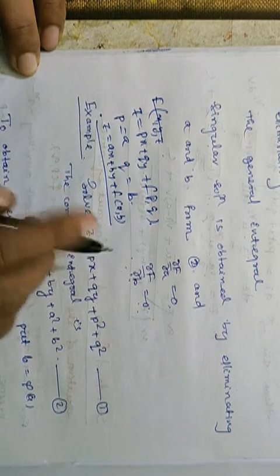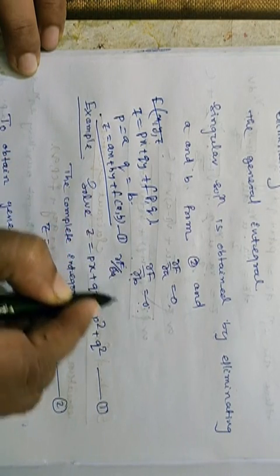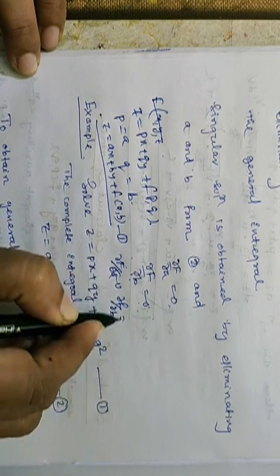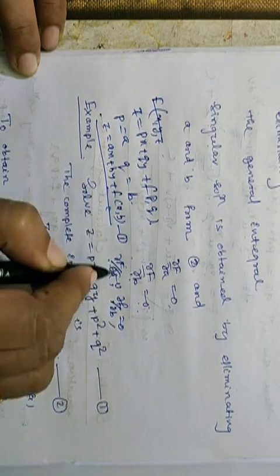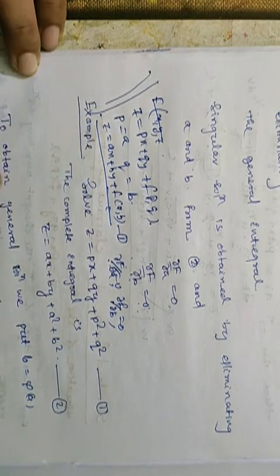Then what we will do is, between these and del f by del a and del f by del b, between these three we can solve for a singular solution. Let us try to solve by taking one example.